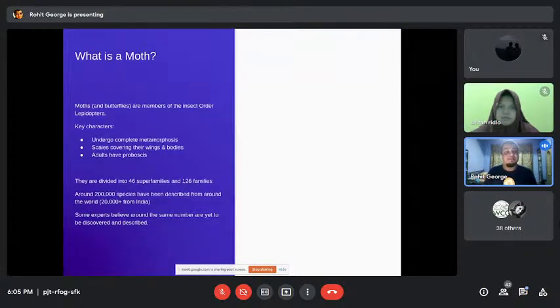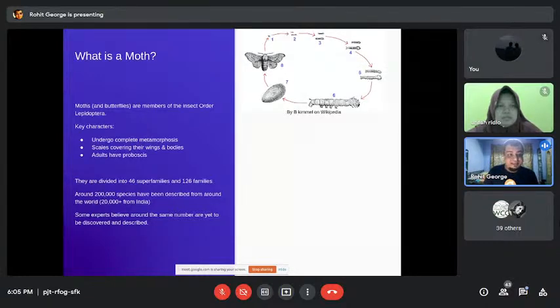First of all, what is a moth? Moths and butterflies are members of the insect order Lepidoptera. Lepidoptera is the scientific name, and it's a combination of two words. Lepido means scale, and ptera means wing. So these are insects which have scales on their wings, and the key characters that they have is, first is